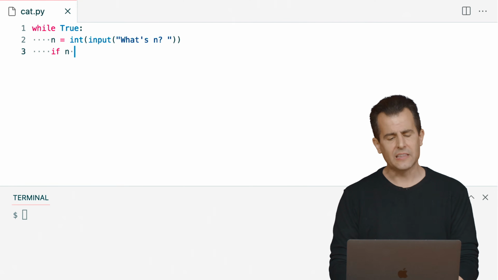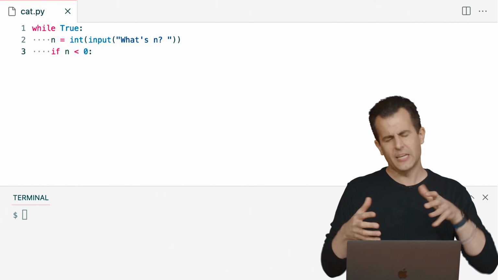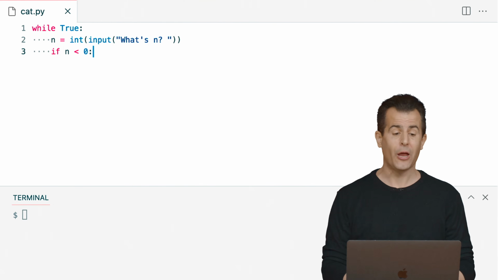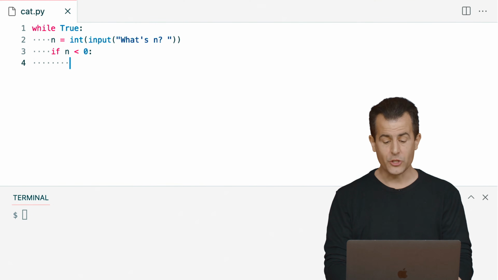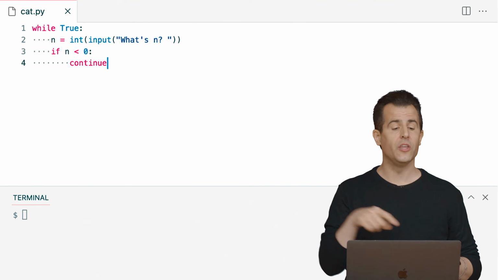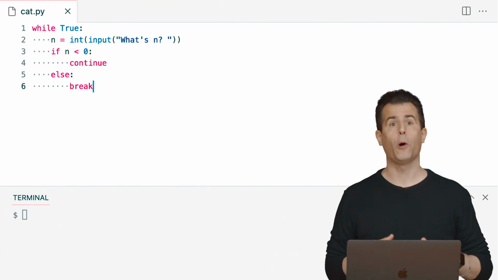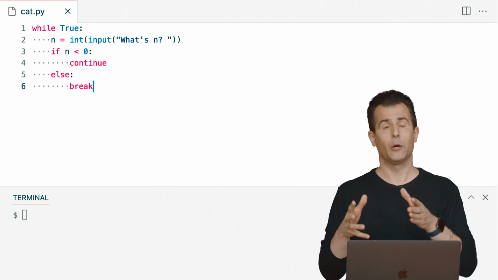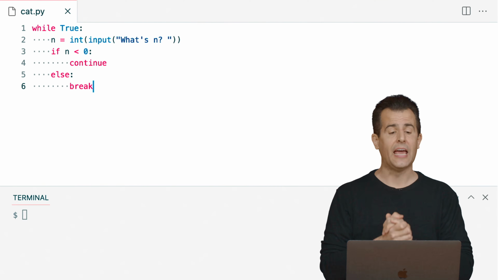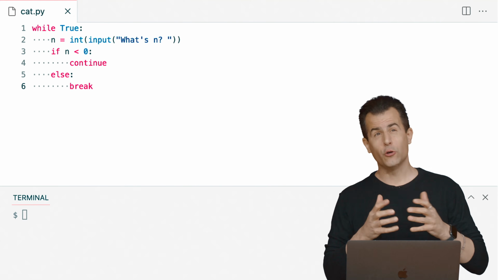So if n is less than 0, then I think we want Python to just continue to prompt the user again. That is, we want the code to stay in the loop, recall the input function, and hope that the user gives us a better answer if this time around it's less than 0. So let's just literally use Python's keyword continue, which says just that, continue to stay within this loop. Else, if it's not less than 0, let's go ahead and just break out of the loop altogether using another keyword in Python, break. Break will break you out of the most recently begun loop, in this case, if it's not the case that n is less than 0. So this will work, and it will allow us to get a value that's 0 or greater from the user.